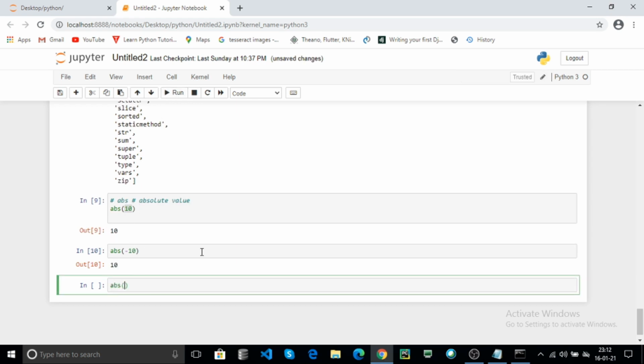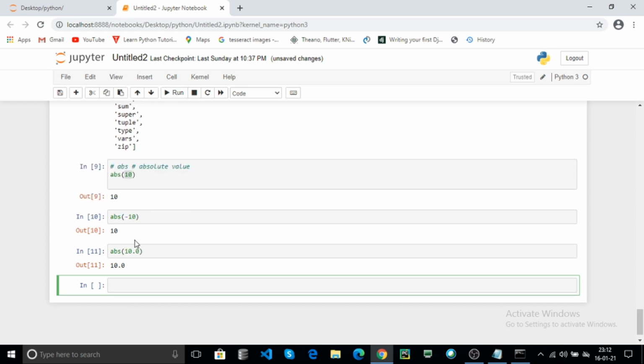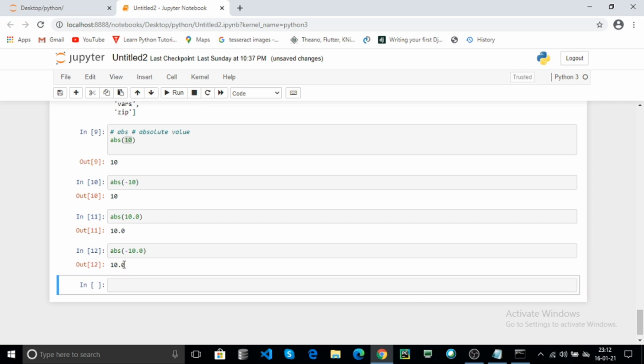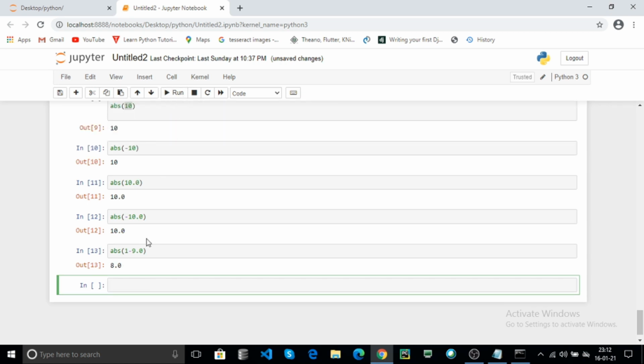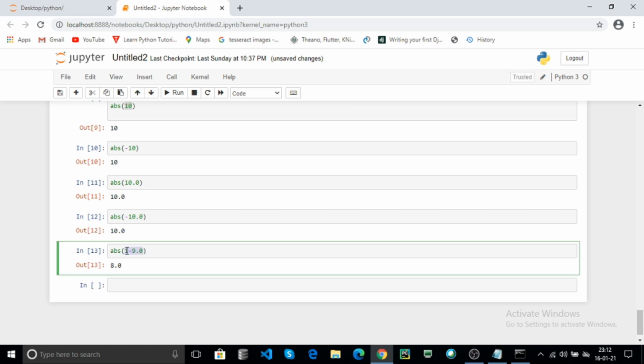You can also use floating point values. Click on run. Here abs of -10.0 returns 10.0 because the absolute value is 10.0. You can also use 1 minus 9.0. Click on run. Here it also applies the arithmetic operations inside abs.